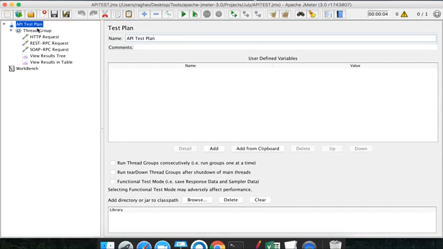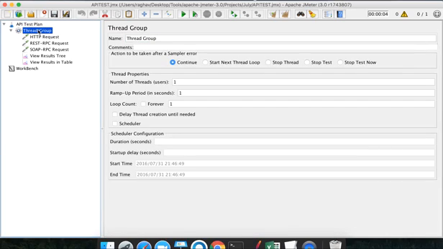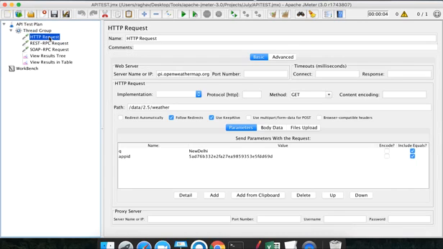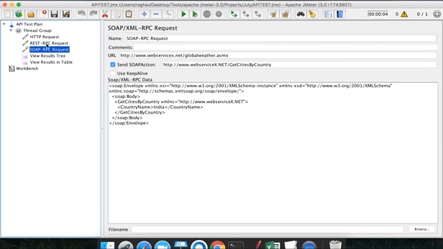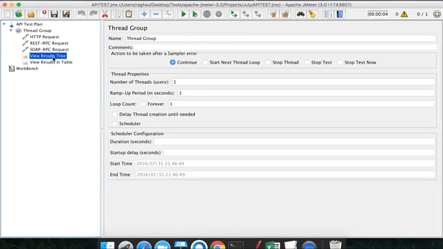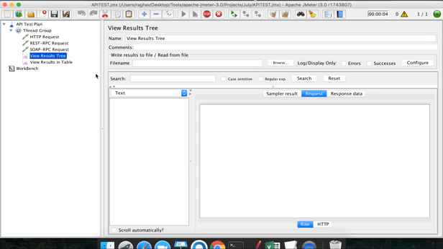So what we are going to do here is I'm going to go to thread group. Before I add a new element, let me show you what we already have here. We have a REST request which is given inside an HTTP request sampler. Then the same REST request is given into this REST RPC request sampler. Then we have a SOAP request. Okay, and if I run this,